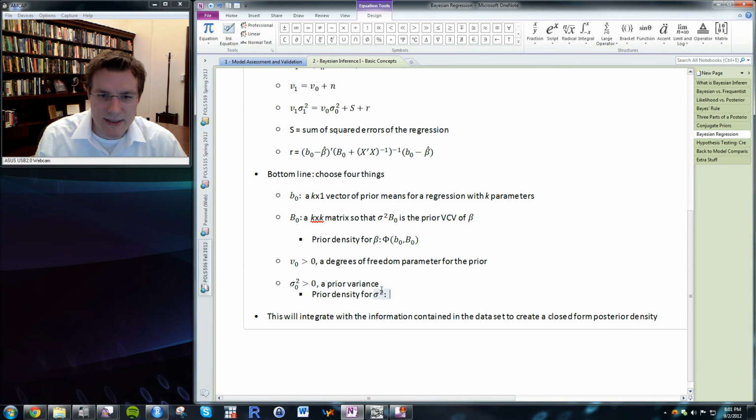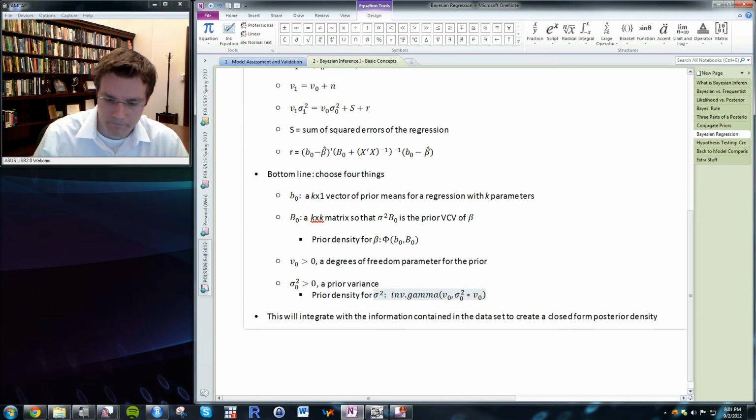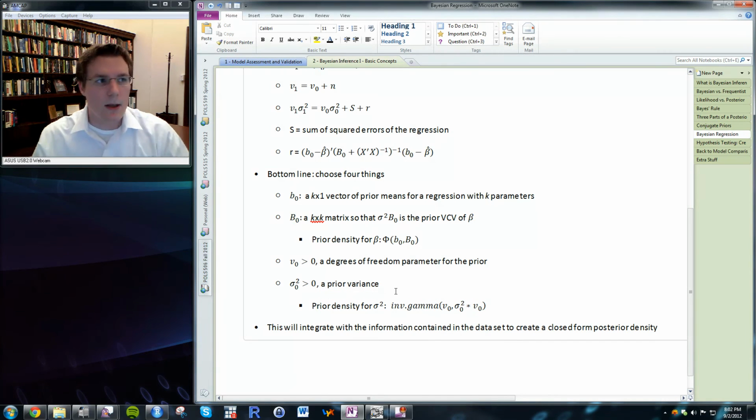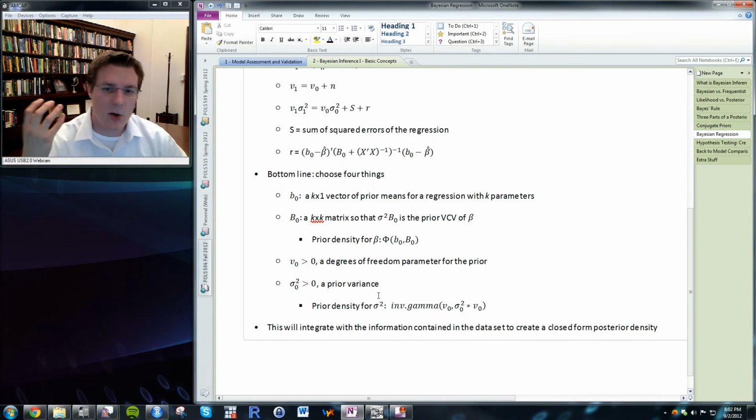And that prior density is the inverse gamma function with location parameter v0 and dispersion parameter sigma squared 0 times v0. So what this allows me to do is say, okay, if I specify a normal density prior for beta